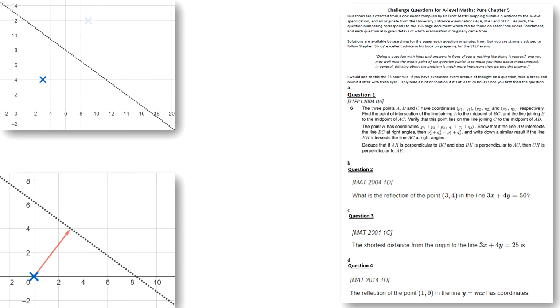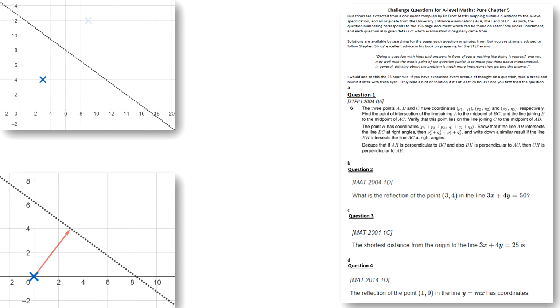If you try going any other distance, what you'll end up doing is creating for yourself a right-angled triangle. So if I go, let's say, to, if I try traveling from the origin to this point, assuming that that other point on the line is closer, what I've drawn is the hypotenuse of a right-angled triangle. And because the hypotenuse is always the longest side of a right-angled triangle, it's always going to be longer than the red arrow that I've drawn. So that basically proves that the closest distance, the closest approach, the shortest distance is always going to be perpendicular